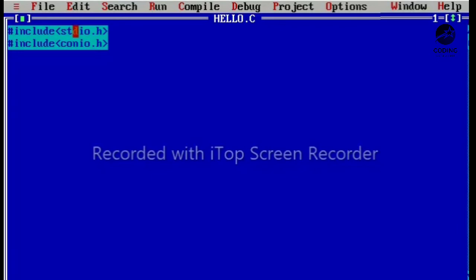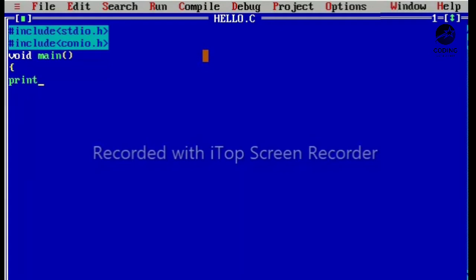You have to write it in every program. So next, you have to write the main function, void main with parentheses and an open brace, and then you have to